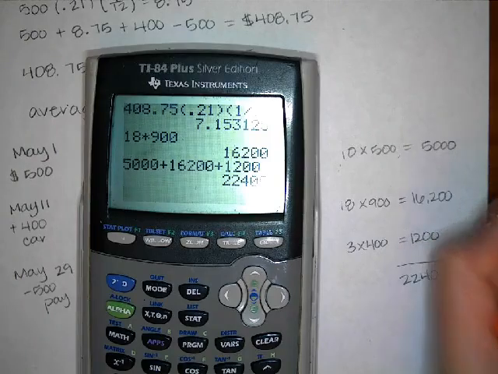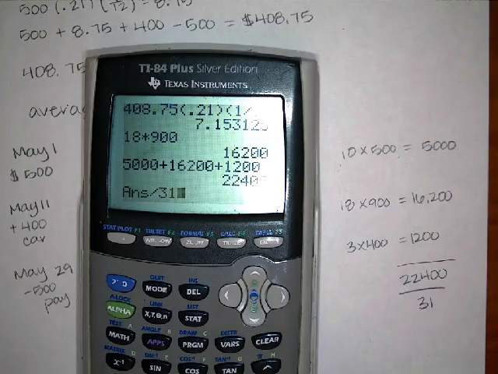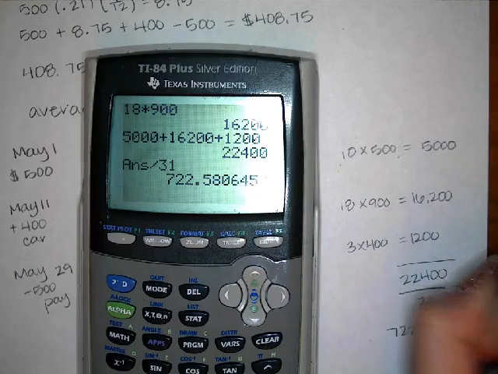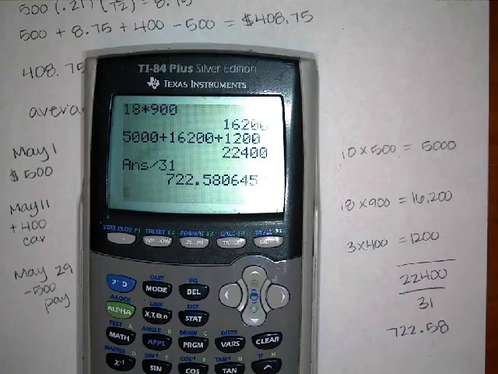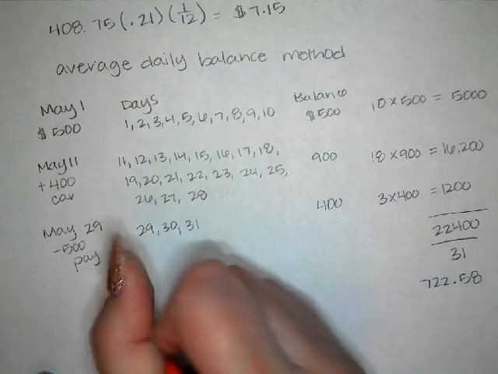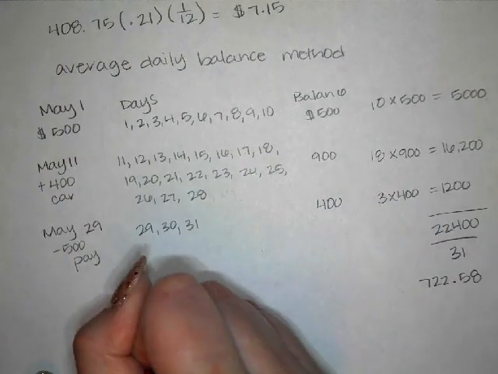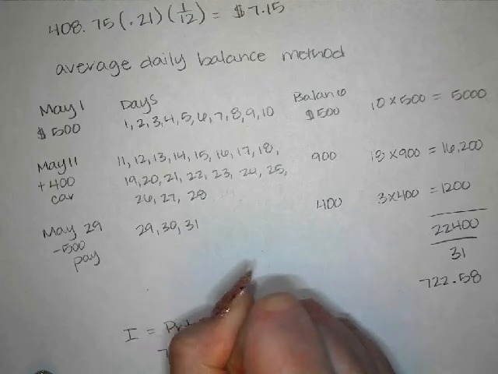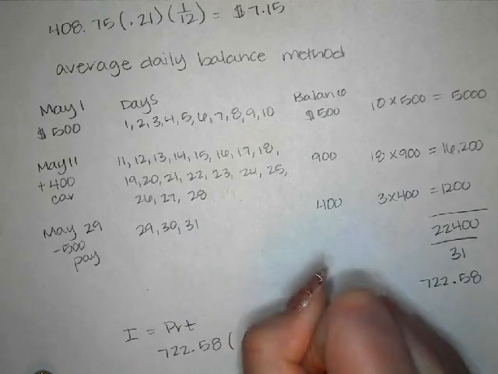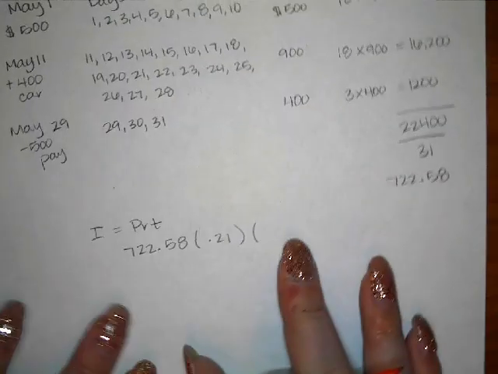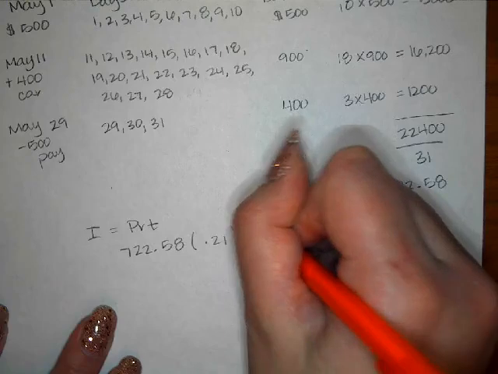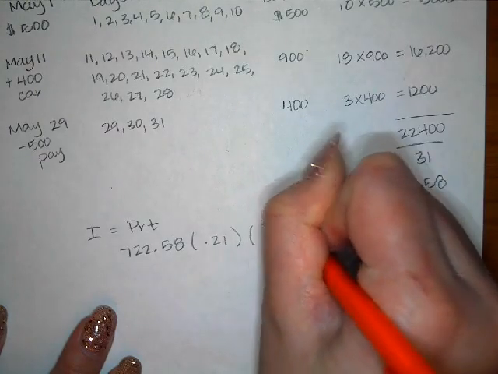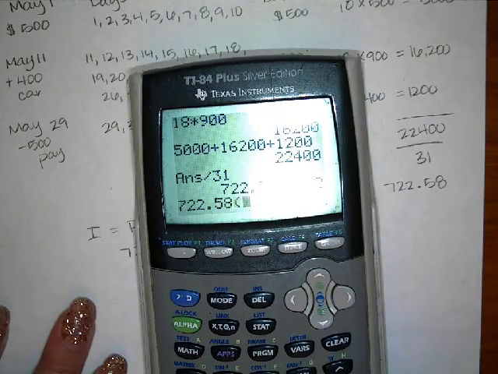And so $722.58 is the daily balance, the average daily balance. So now what we're going to do is take that average daily balance and calculate the interest. So average daily balance times the interest rate times the number of days that we are using that average daily balance for in the entire year. So 31 days out of the entire year. Gives you an interest charge or a finance charge of